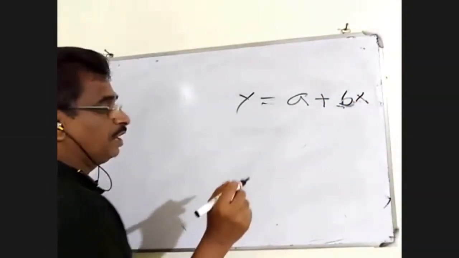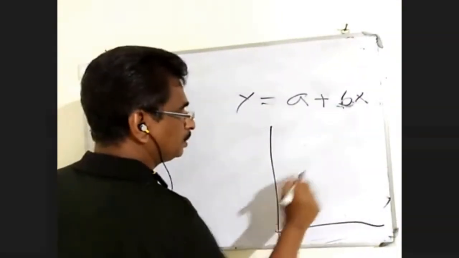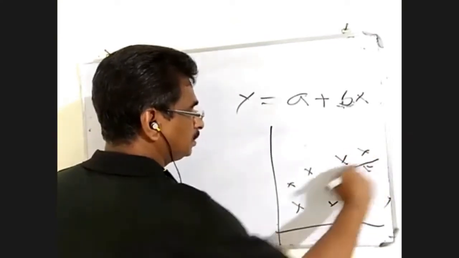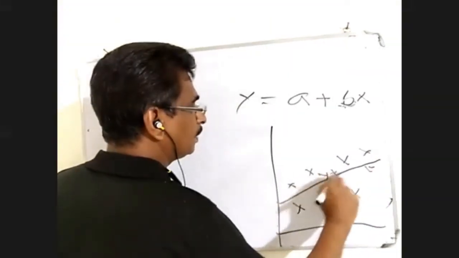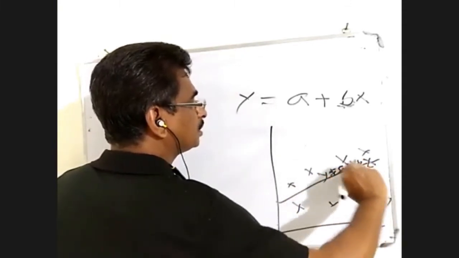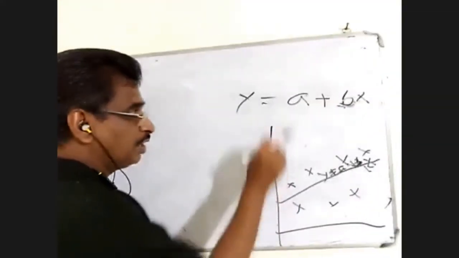So what we are doing is, these are the points, and this is y is equal to a plus bx. This is the equation, and we have different values. What we are doing is that we have to take